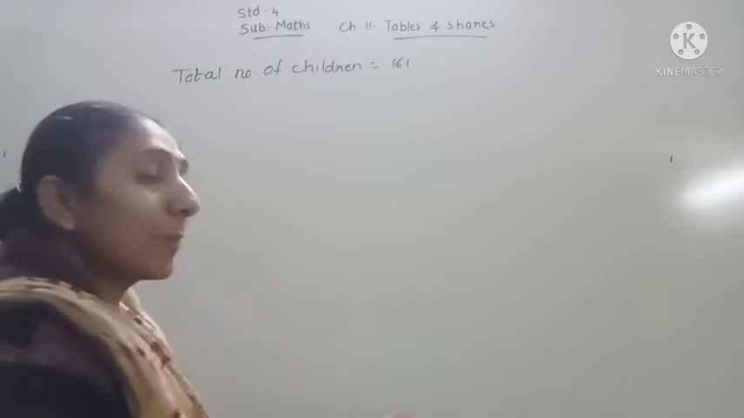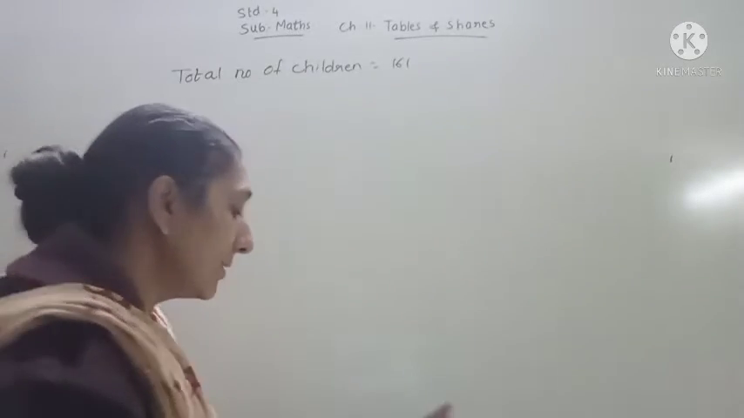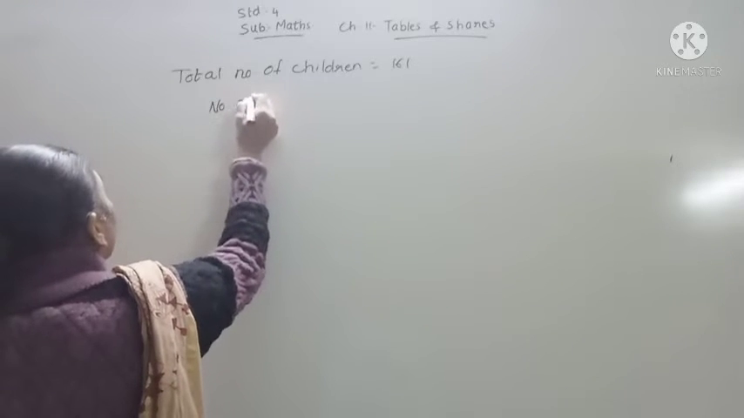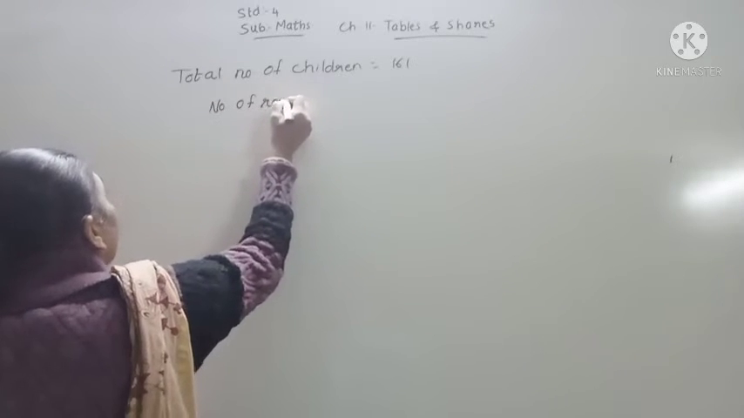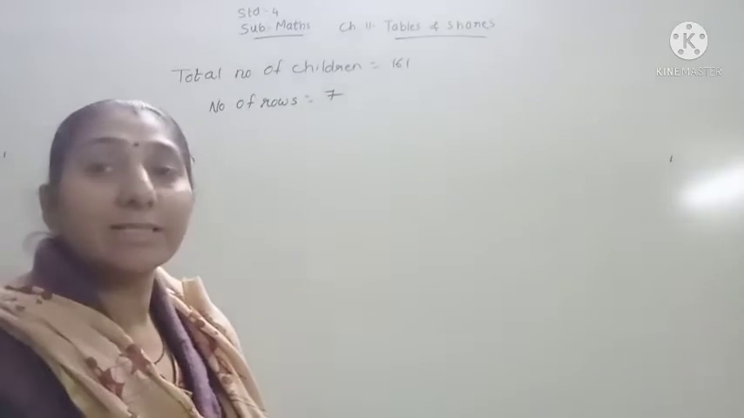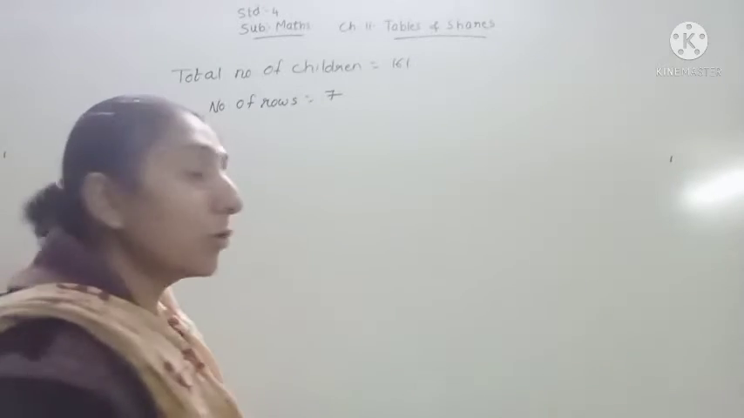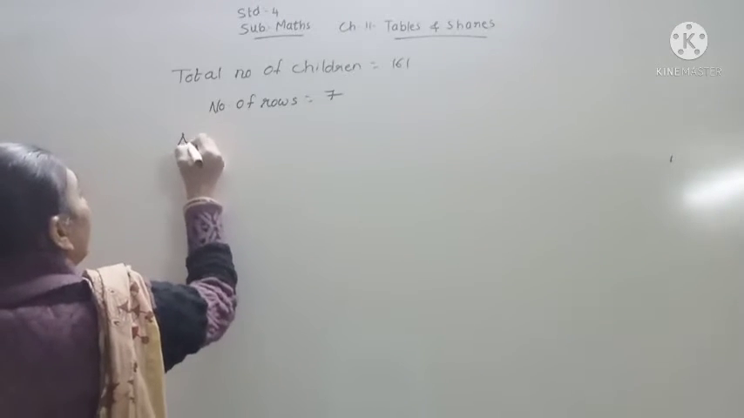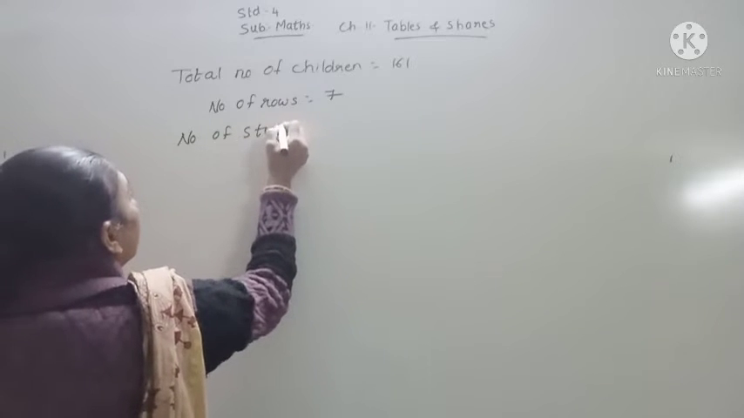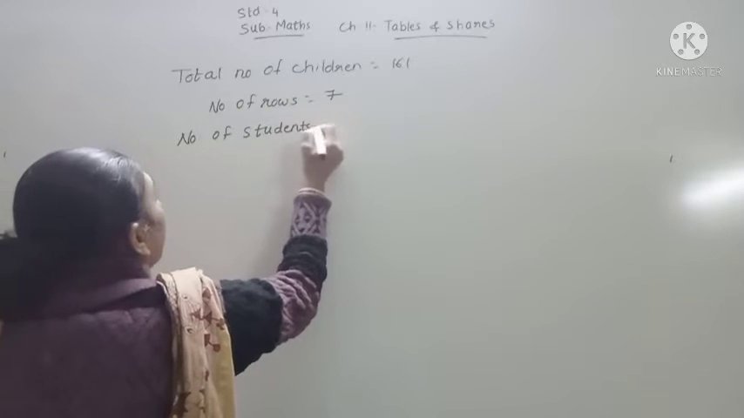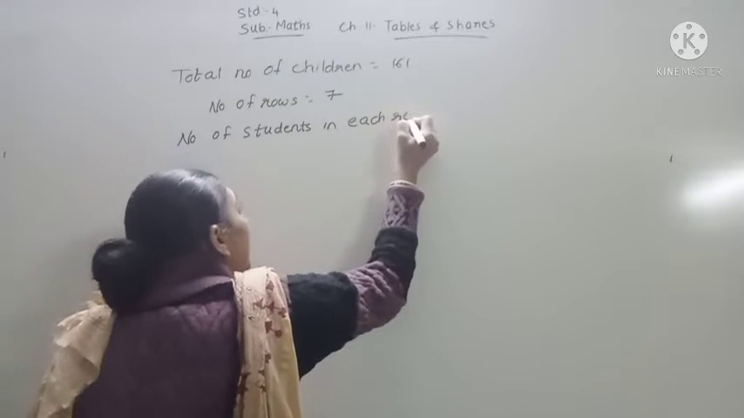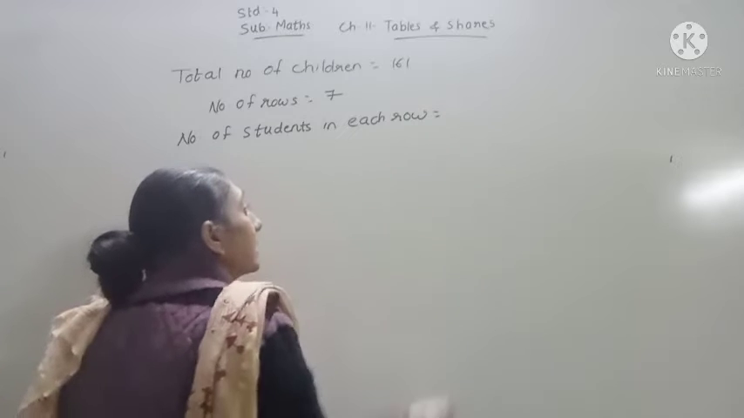161. How many rows are made? 7 equal rows. Number of rows is equal to 7. So how many students in each row? In one row, number of students in each row means in one row, is equal to